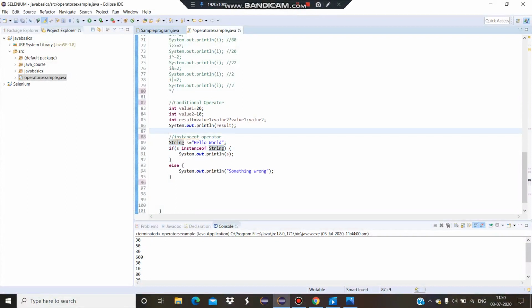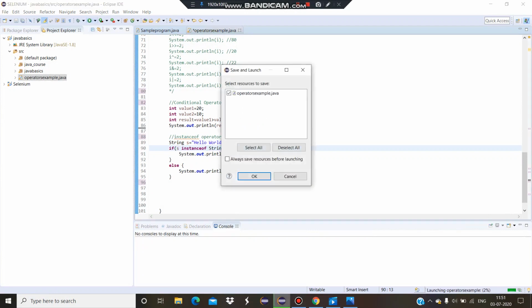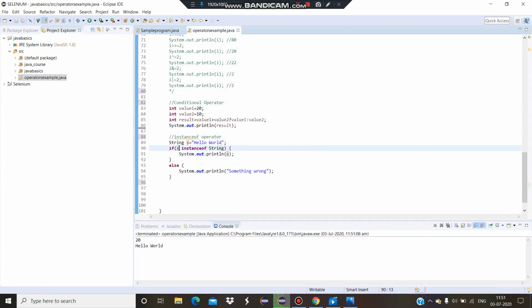Yes, it is an instance of string. So print me S, and it will print hello world. If I give something other than an instance of string, it will result in the false condition. So I will execute these statements.